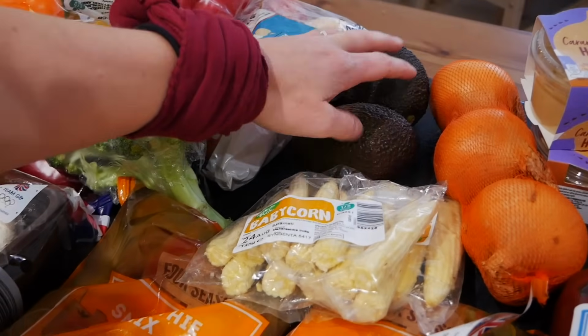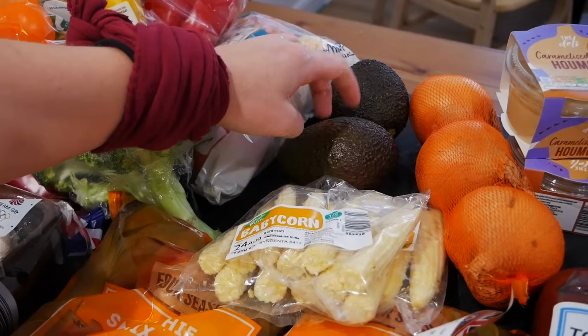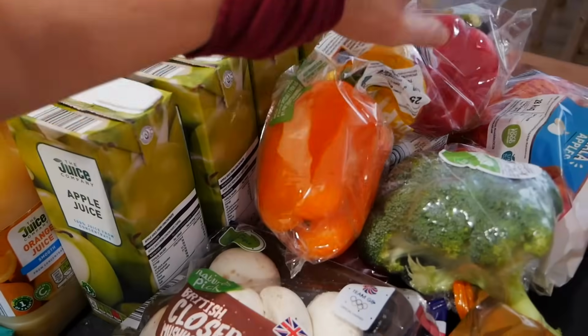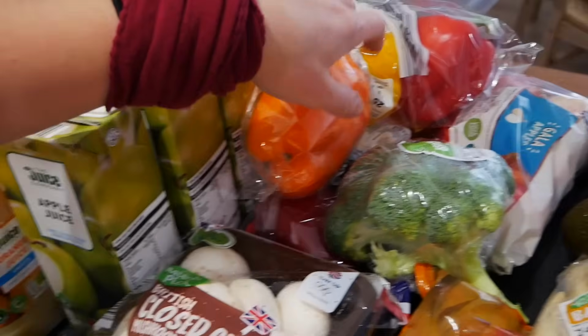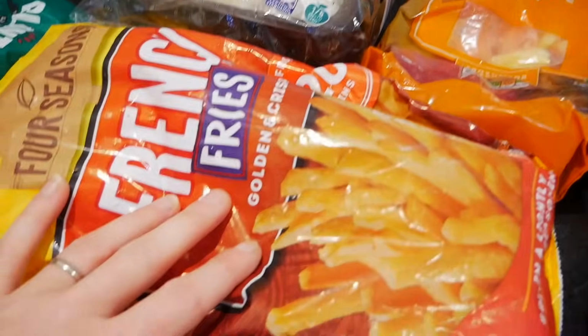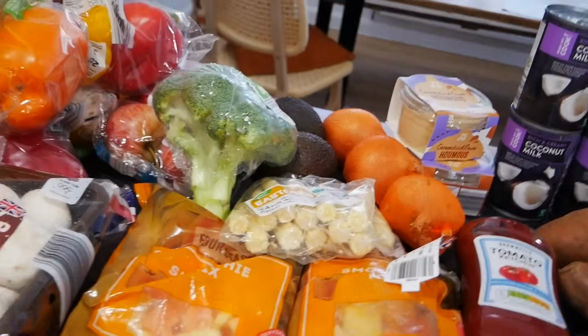Avocados, we make a bean, avocado and cashew cheese dip, so that's what they're for. Onions, loads of peppers. We do go through a lot of peppers, but whatever we don't use, again, I chop and freeze. Apples, a broccoli, mushrooms, chips, and with the veg, it looks like we don't buy that much vegetables